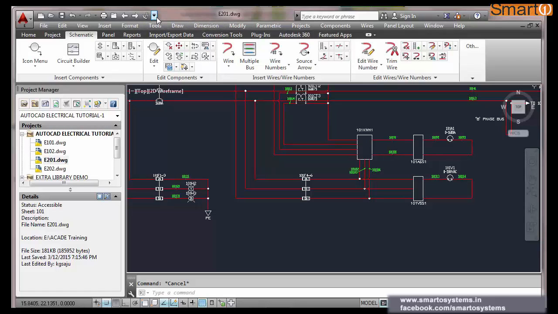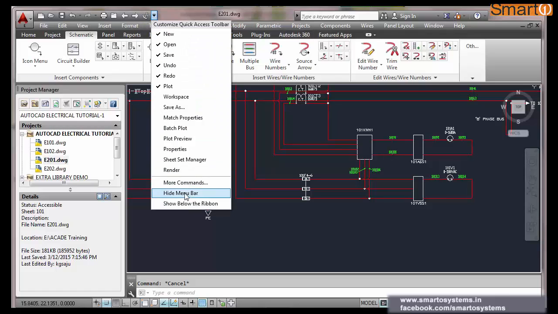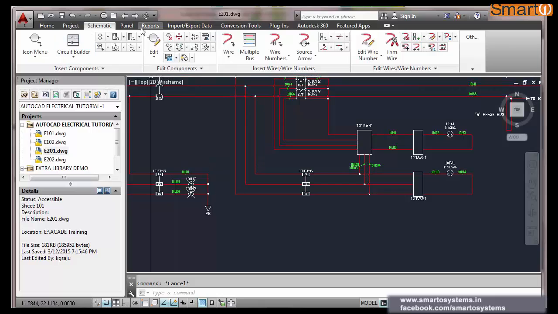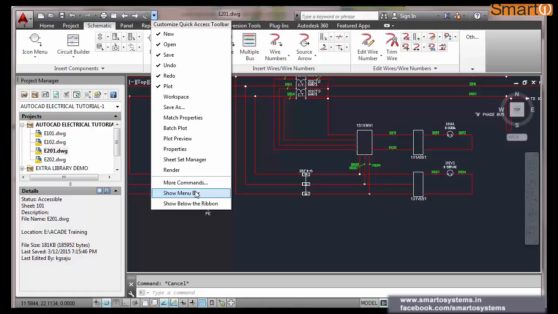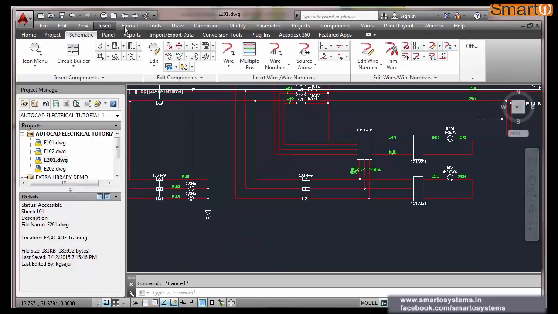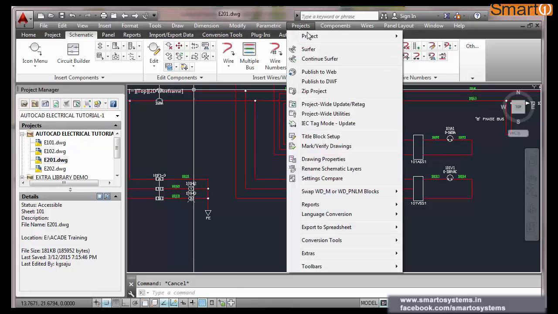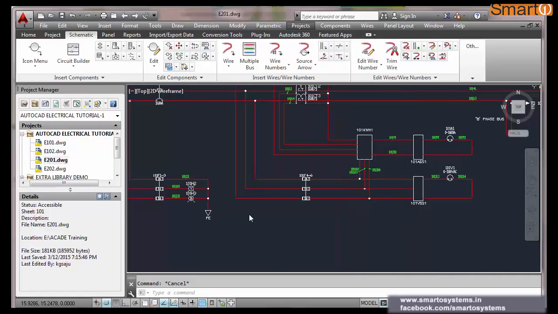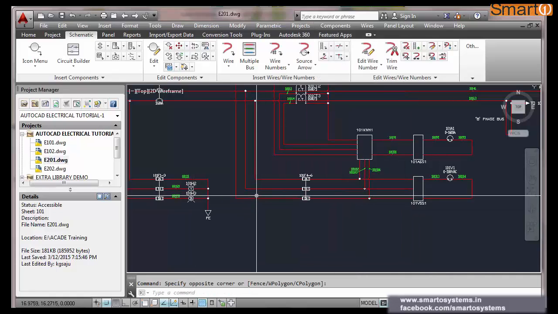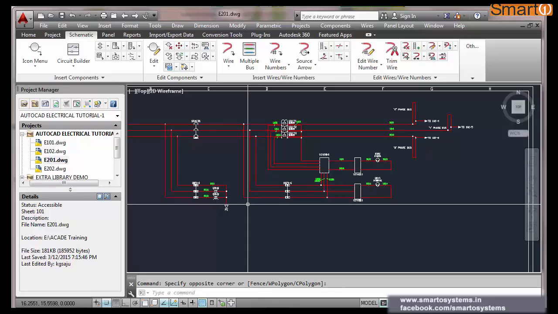Sometimes it may hide, okay, hide menu bar. Sometimes your screen will come like this, so don't get into panic mode. Just go here, show menu bar. See, in this you will get everything. Even project is also here, project, title block, setting, everything. So this is a very good feature in AutoCAD Electrical.